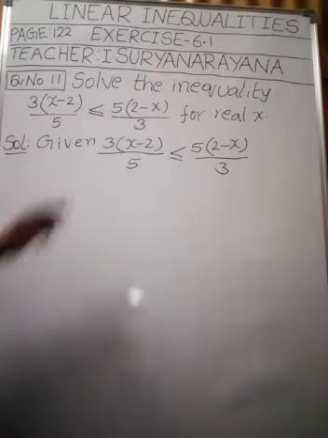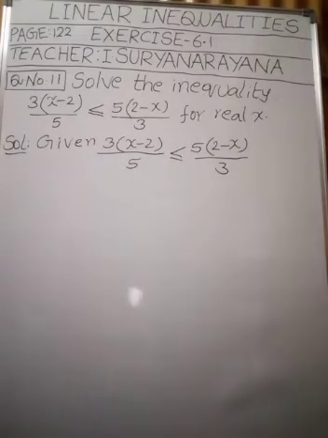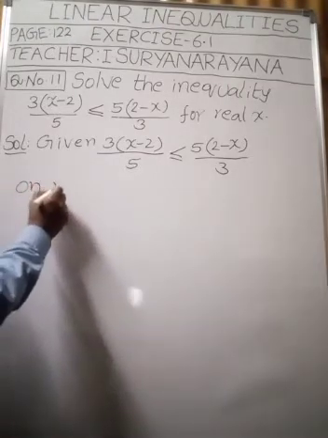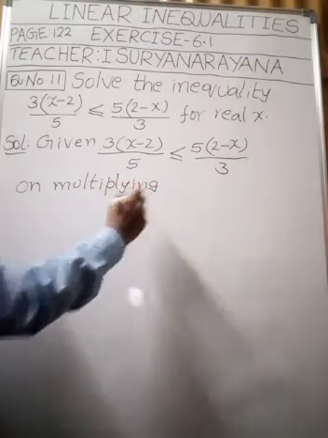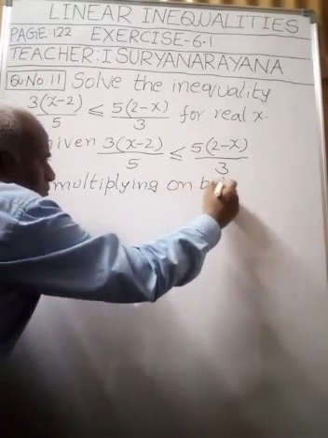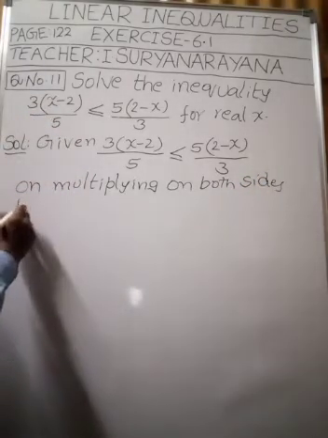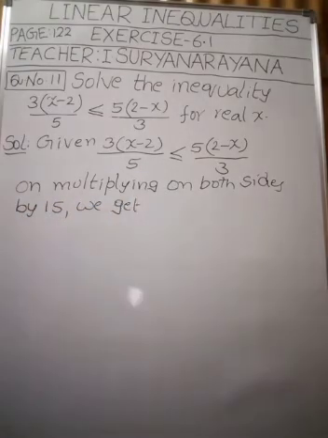Yes, 15. So let us multiply this inequality on both sides by 15. Okay, my children? To remove the denominators, we are multiplying the inequality on both sides by 15. So, on multiplying on both sides by 15, we get, what will we get? 3 of